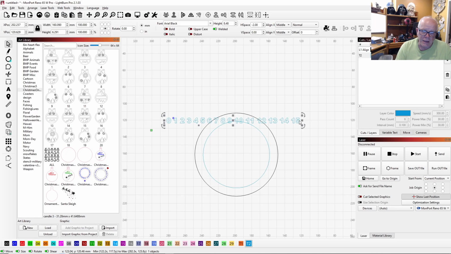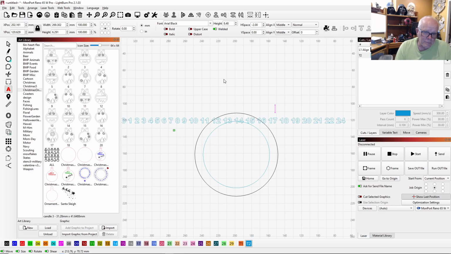So if you double click at the end of your text line that you have, it'll bring back up your editor. See the little blinking icon there. So we can now go back and continue. Okay, so we got 0 through 24. So the countdown is going to go from 24 down to 0, which is 25 total days, right? So now what we'll do is we'll go ahead and we'll